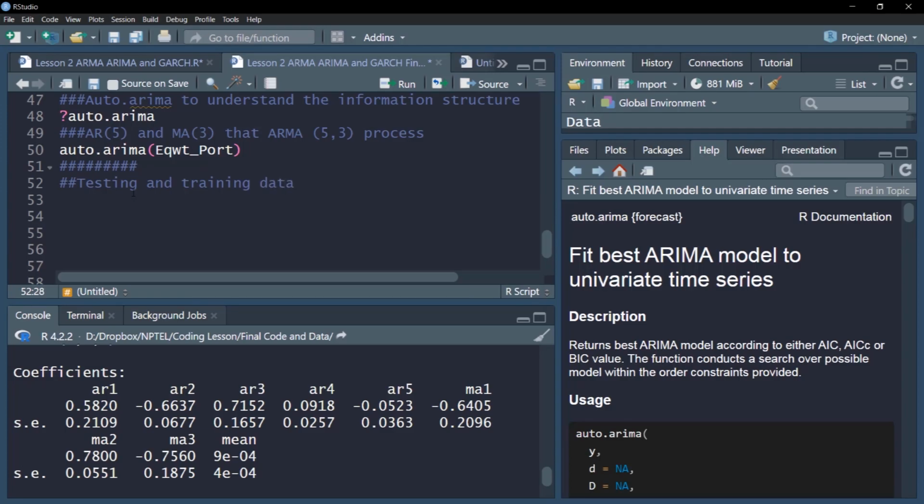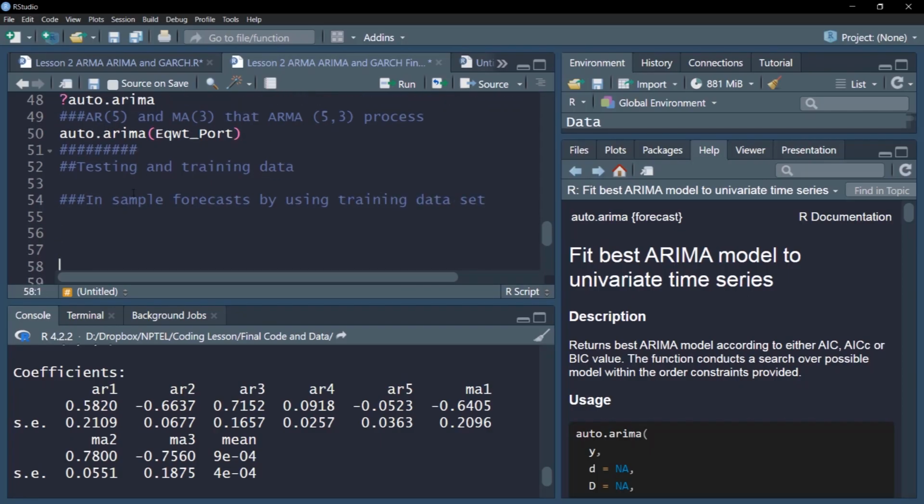You first train the model on the training data set and then you see whether it has good out of sample prediction through the testing data set. So first we'll check the accuracy of the model through in sample forecast by using the training data set. So let's create the training data set.